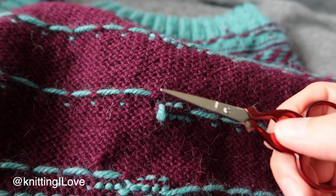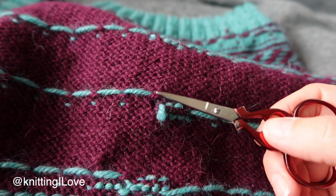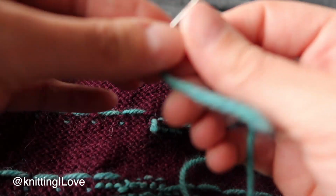What I'm thinking to do is take a tapestry needle and take another bit of yarn and create that stitch. So I have over here some of the bits that I cut off. One is quite long and